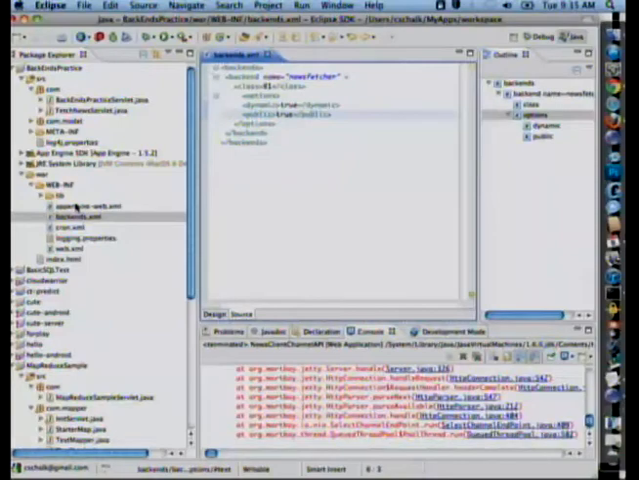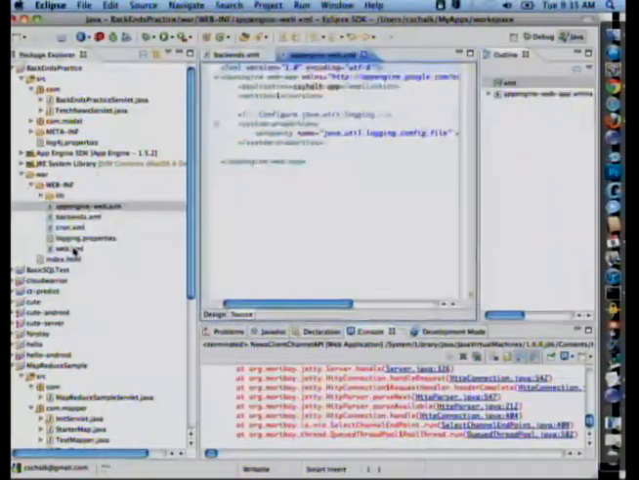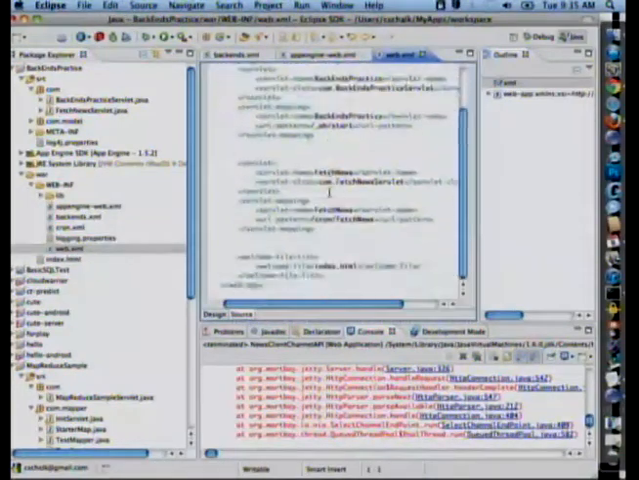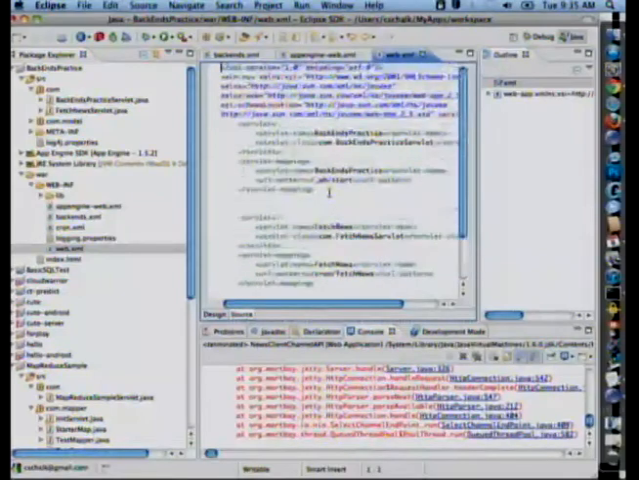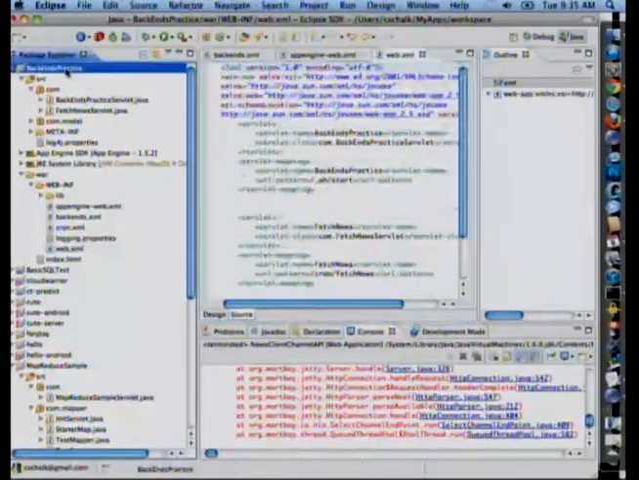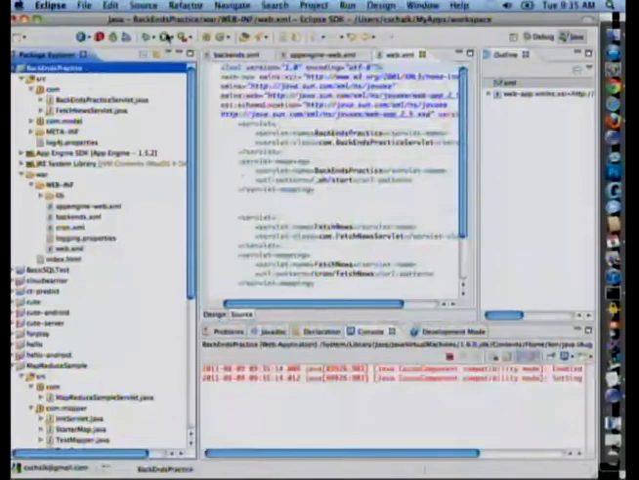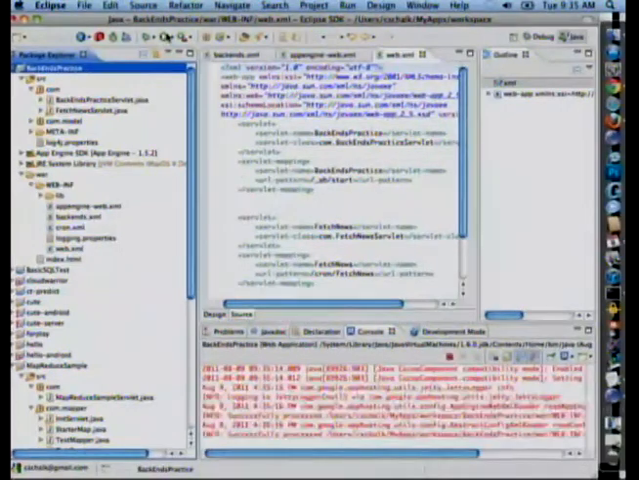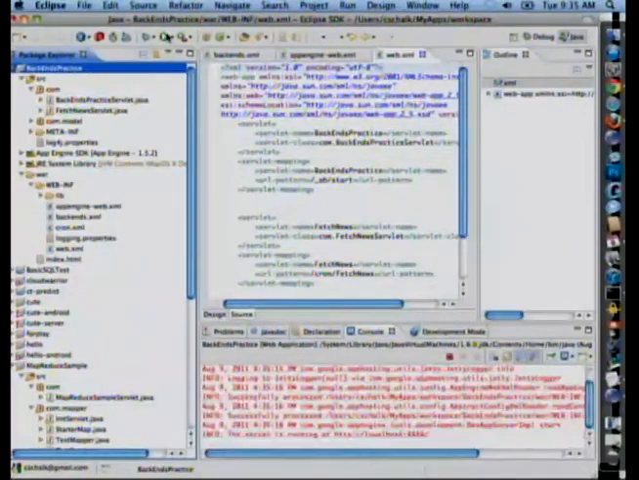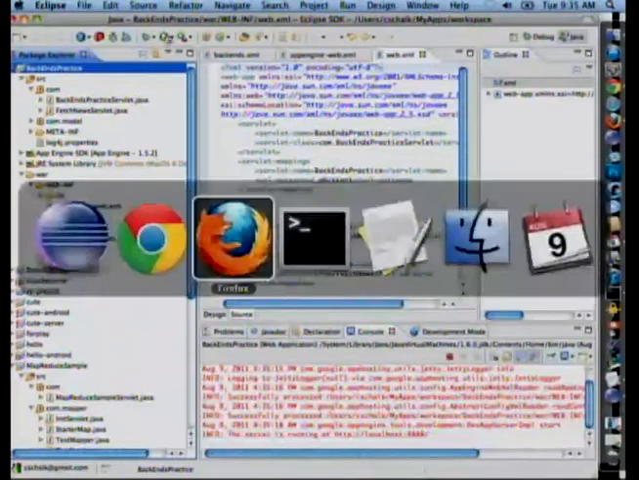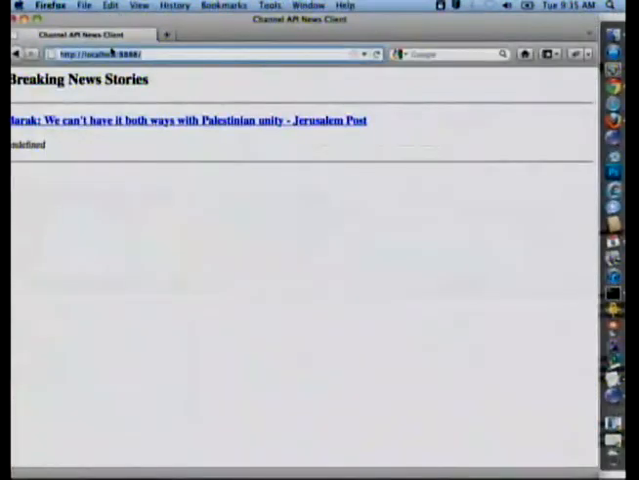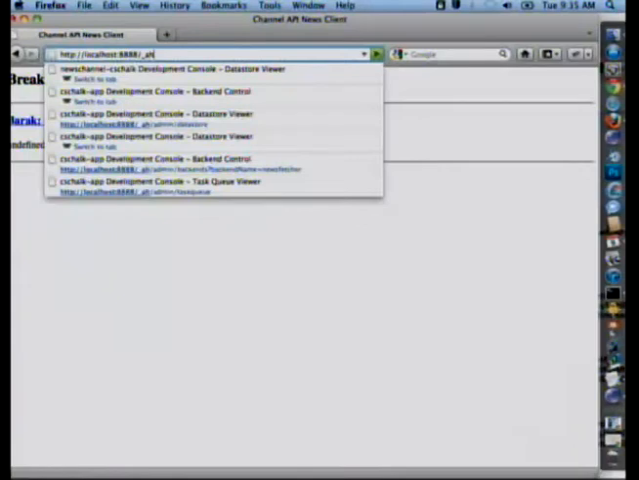Okay? And in this case I have a set of servlets that will fetch the news and stuff like that. So the first thing that I want to do is start up the application locally and see that my backend is defined correctly. And so in that case, a real simple way that I can do this is